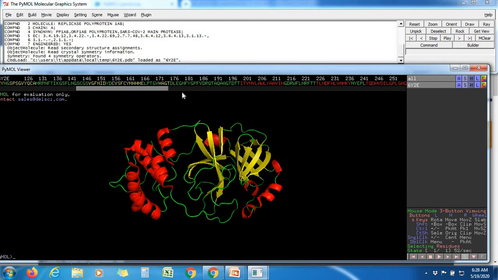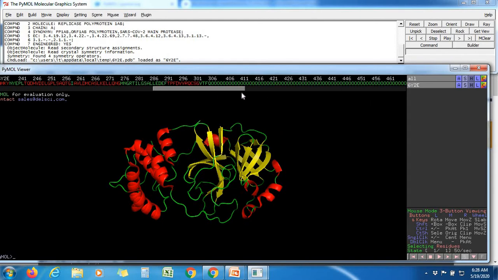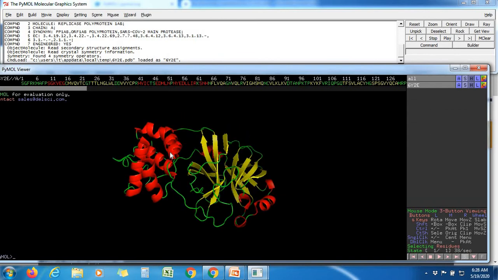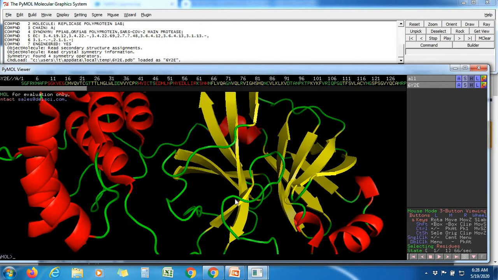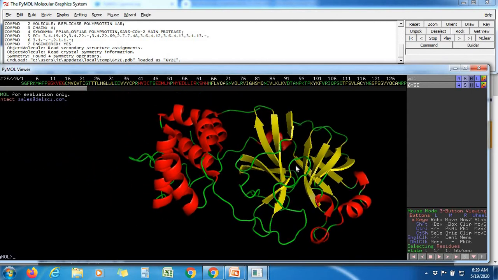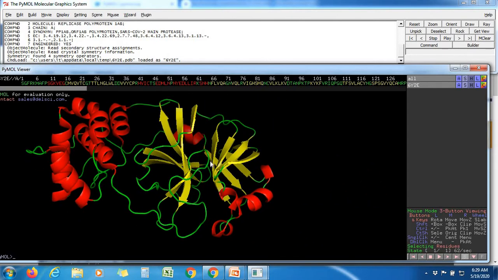Now if you see the sequence, it is of 306 amino acids. And if you want to zoom in, zoom out the protein molecule, you can use the mouse. The left one is to rotate the protein, the right one is to zoom in and out, and the middle one is to move the molecule at the same angle.